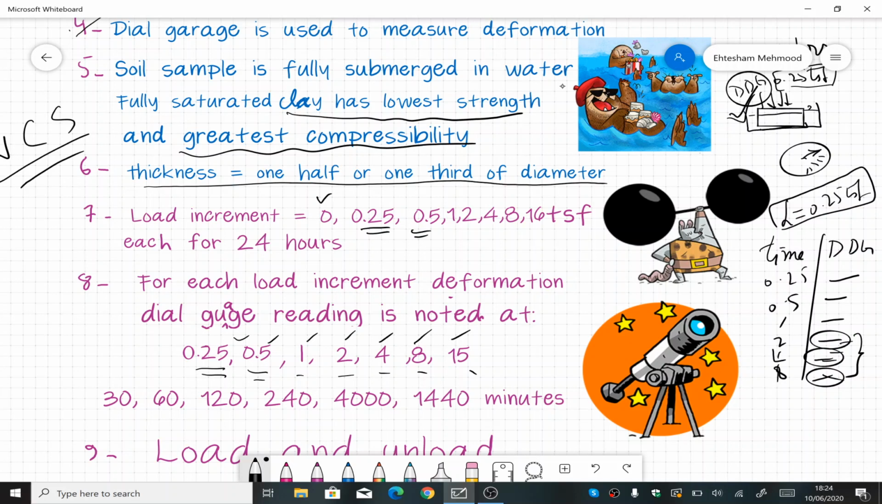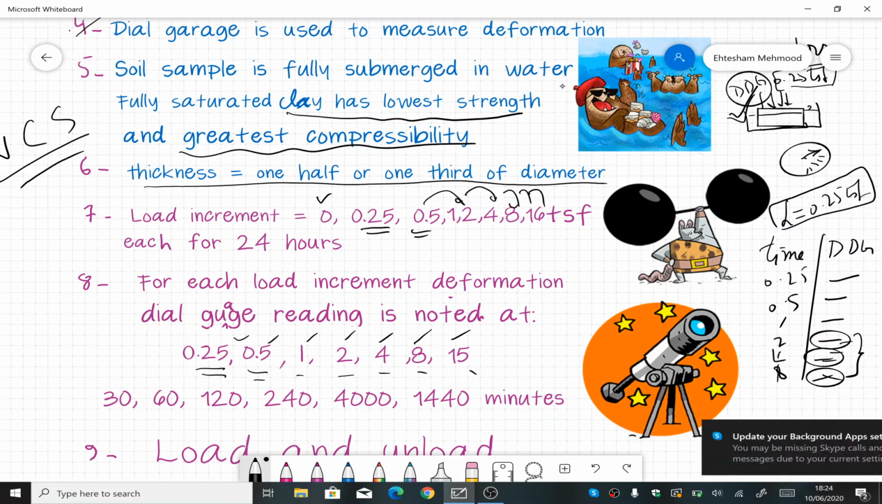All right, then again, once you place the load, turn on the stopwatch, note the deformation dial gauge readings, and keep the process going. And again, either wait for 24 hours or wait for the readings to become constant. Once either of the two things happens, then you place the next load. So this is the loading procedure. So we keep on loading. So once we are at 16 TSF load, all right, and we have no